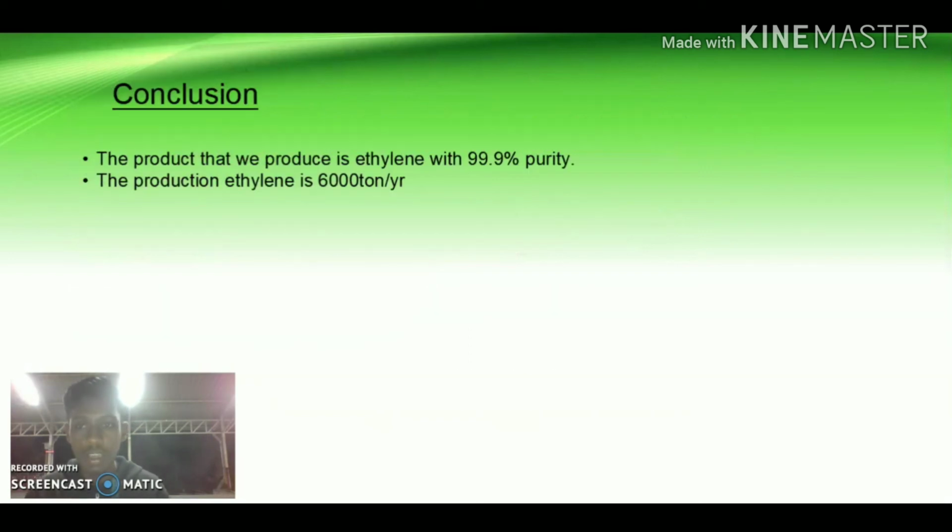And for our conclusion, we finally produced ethylene with a purity of 99.9% and 6,000 ton per year. So that's all